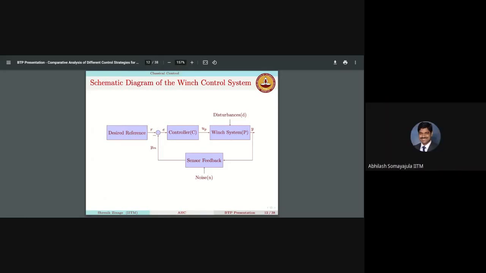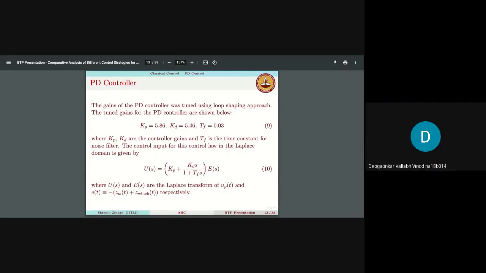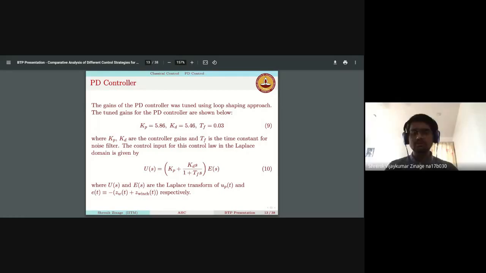I think he's talking about whether the system is controllable or not. Yeah, I tried to check it and the system seems to be controllable. I tried to calculate the controllability matrix and the observability matrix, and for both of these, the rank was coming out to be 4. Okay, so it's both observable and controllable.